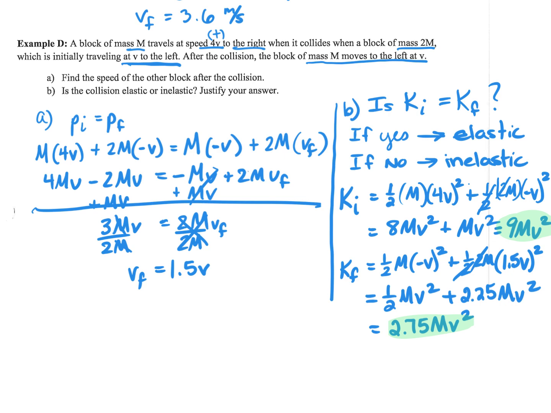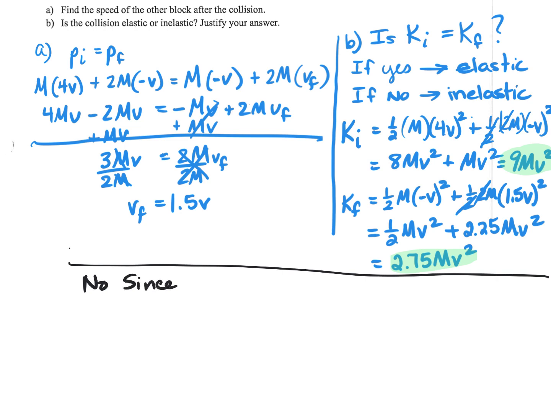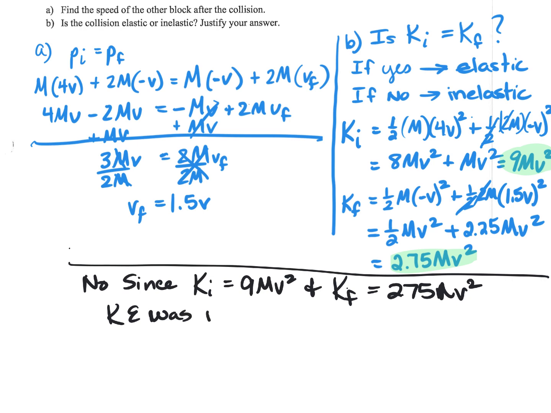Okay, so that's how we prove it. Remember this because you're going to have a lab later this week where you're going to be looking at that relationship. Do you have it or don't you have it? So we can use momentum to find new velocities in the collision, can't we? And then we can compare whether it's elastic or inelastic by looking at its kinetic energy, initial and final. So the answer to this one was no, since K initial was equal to 9mv squared and K final was equal to 2.75 mv squared. In other words, kinetic energy was not conserved,